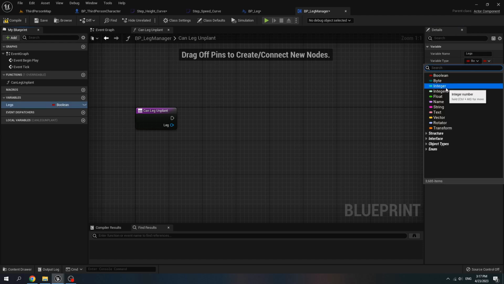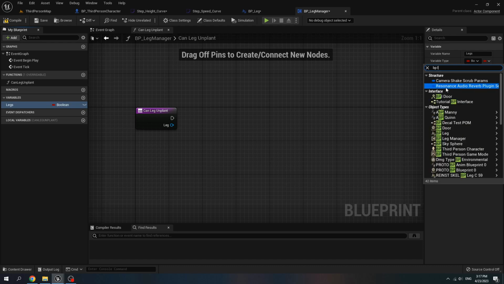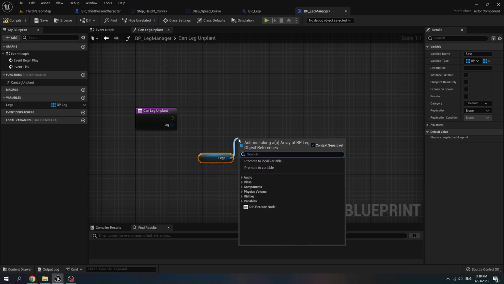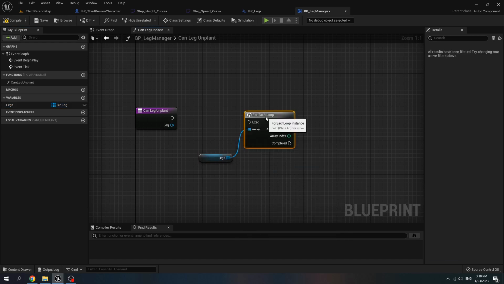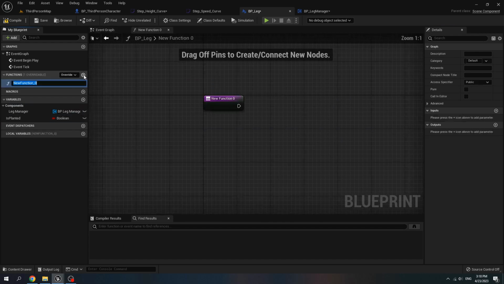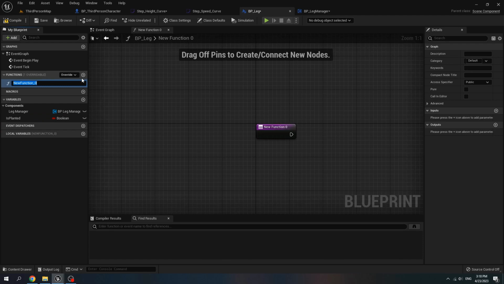Select variable type is BP leg and select array. Get legs, for each loop, connect it to can leg and plan. Go to leg blueprint, add variable, name it is planted. Select variable type to boolean and add new function, name it update foot.